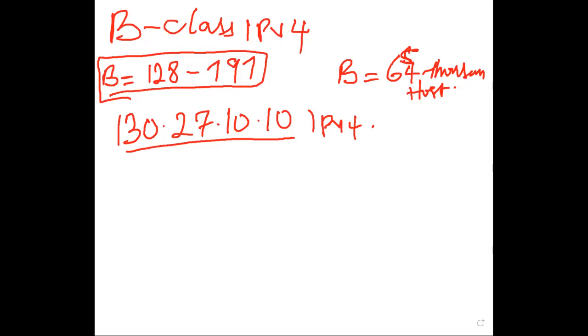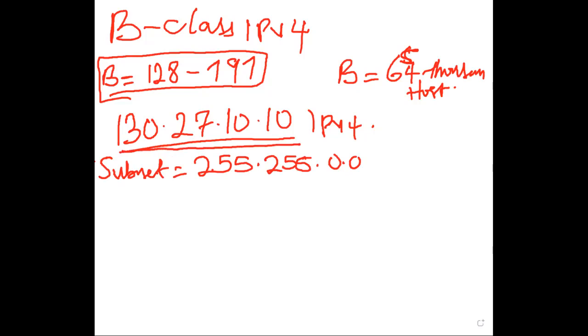for a Class B IP address, 16 bits are completely filled for the subnet mask. I remember for a Class A, we only have the first 8 bits, the first octet, totally filled. For a Class B, the subnet mask has the first 2 octets completely filled, leaving the rest with 0.0. So an IP address of such would have